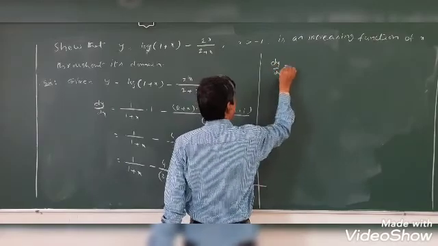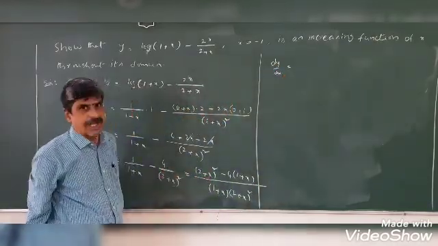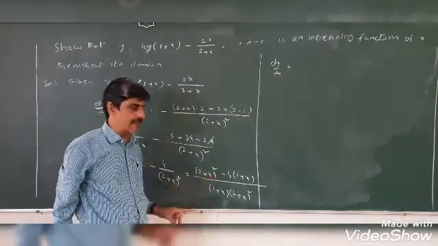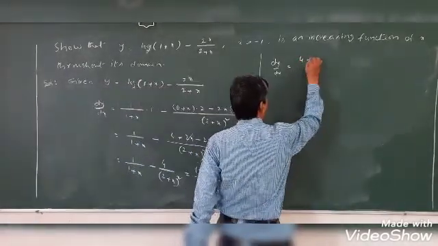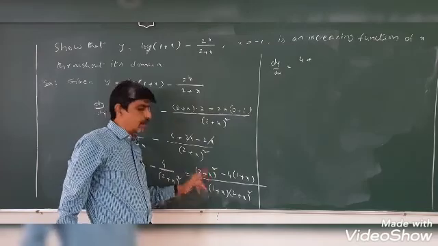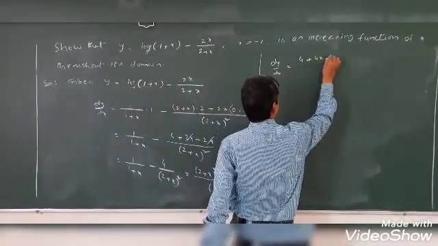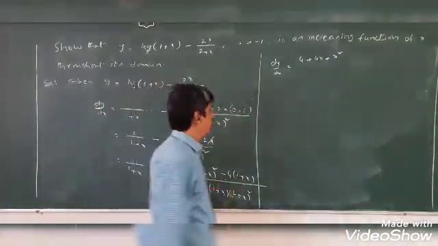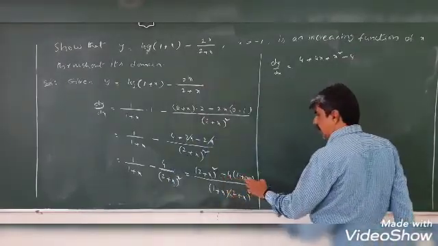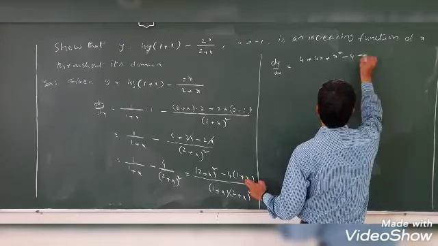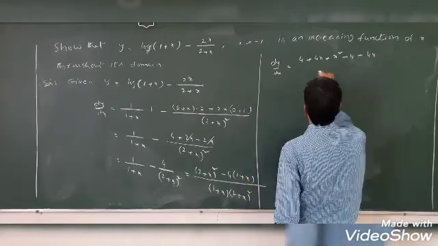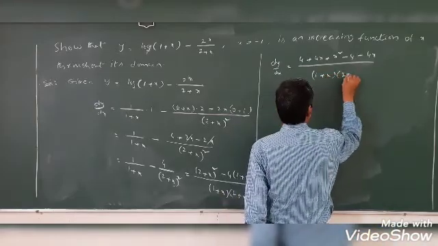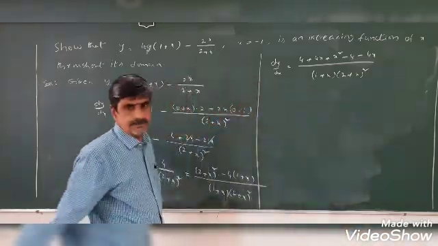dy by dx is equal to [(2 plus x) whole squared minus 4 into (1 plus x)] over (1 plus x) into (2 plus x) whole squared. (a plus b) whole squared means a squared plus 2ab plus b squared. So 2 squared is 4, plus 2ab, 2 into x, is 4x, plus b squared, x squared. Minus 4 into 1 is minus 4, minus 4 into x is minus 4x.